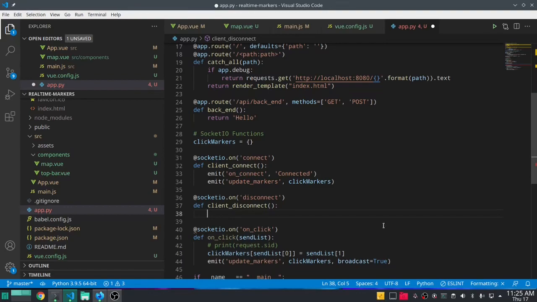And now we have our disconnection thing popping, and whenever somebody leaves, it's going to fire this before they're gone. All right, and in here we want to emit a remove marker, and we're going to write it on the back end, but we want to emit remove marker, and we're going to send